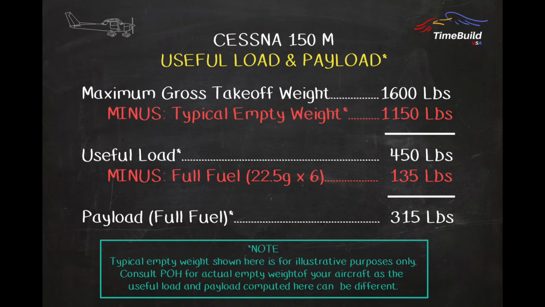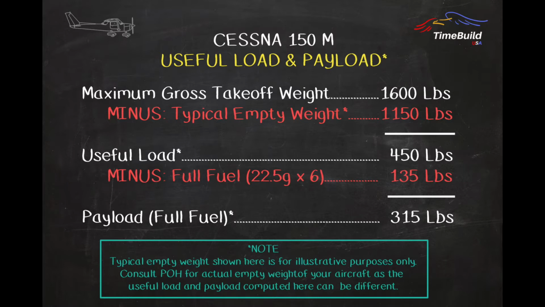The useful load is found by deducting the aircraft empty weight from the maximum gross takeoff weight. The useful load is the total amount of fuel, baggage, and passengers that can be carried within the limitations specified by the manufacturer. Recall that the empty weight includes all installed equipment, full oil and hydraulic fluid, and unusable fuel. In this example, we used a typical empty weight of 1,150 pounds to compute a generic useful load of 450 pounds. However, it is important to always use the current empty weight applicable to your specific aircraft by referencing the